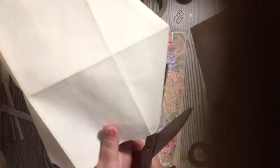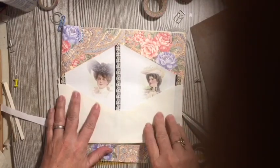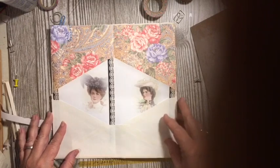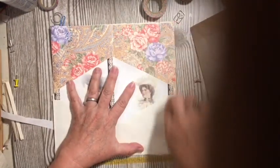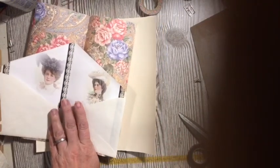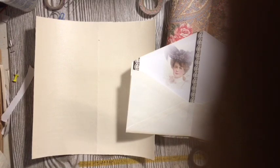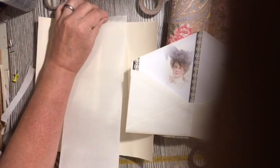Okay, we'll go up, turn it around, cut that off. Okay, and then we'll be putting this back up like that, and we will be sewing all the way around this. I am going to go ahead and add some reinforcement, especially I really like to add for the list journals because I find that I open and close those more than my other journals. I'm still working on that giant bandage tape that had